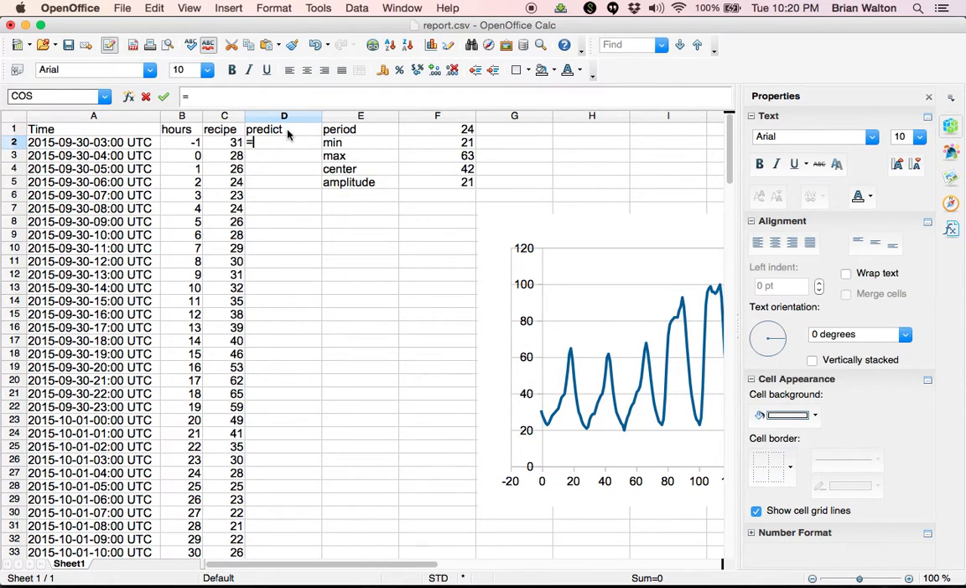So the basic formula for periodic functions, we'll put an equal sign to tell our spreadsheet that we're about to do a formula. It's equal to the center line. So I click on the cell with the center, and notice it puts F4, that's column F, row 4, this location. We add the amplitude, that's in F5,